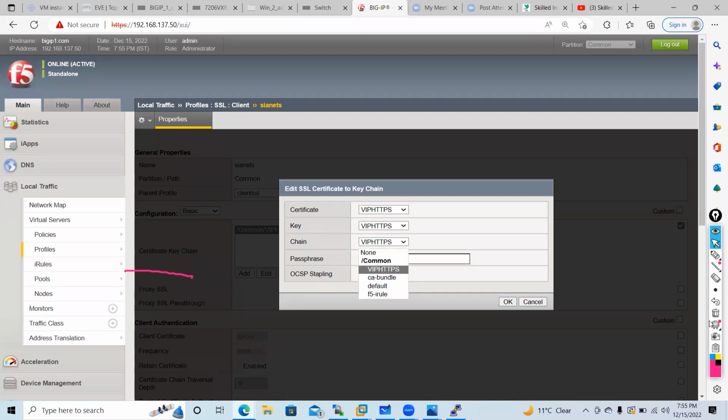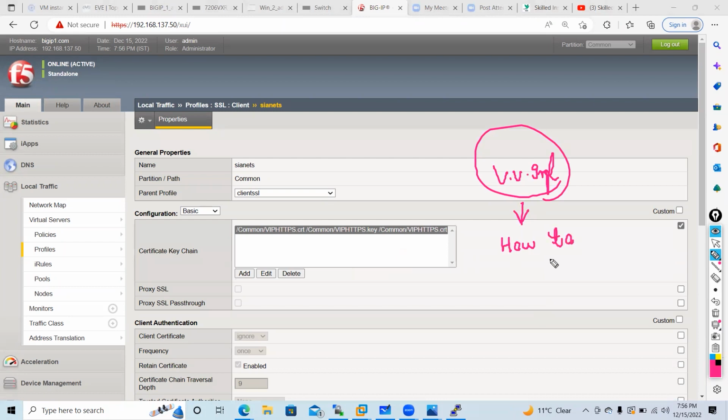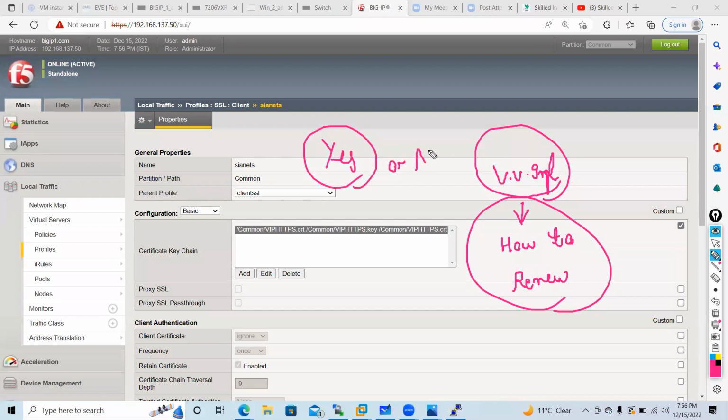Any question anyone has on this? Because this is a very important question, guys. Many people have asked me, I've got many calls, like how to renew the certificate. I'm facing an issue. Any question, guys? This is the best way which is recommended. Is everyone clear, guys? I need yes or no, guys. Let's be interactive. I have been allocated by my management to give you sessions. Yes, yes.